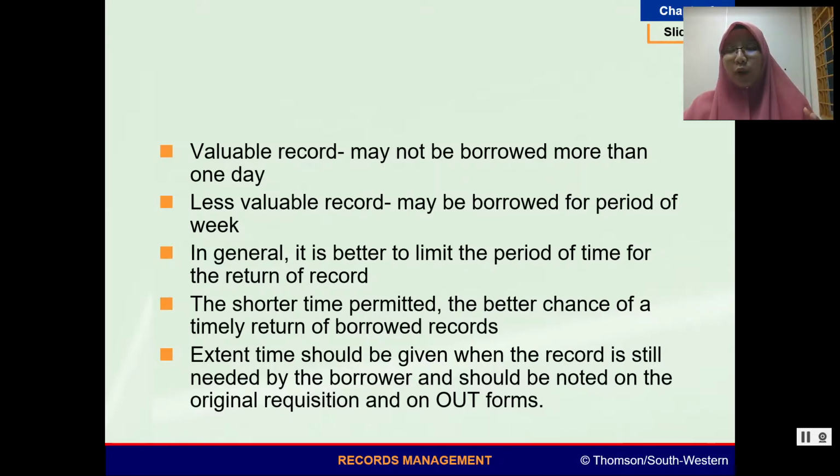For example, you want to extend the document, you're supposed to borrow for 1 week, but you did not complete your work yet. So you need to extend, and you need to fill up the requisition form again. Why? Because this requisition form has a copy in the follow-up file, so that when another person wants to borrow the paper, they know that you are borrowing the document or the folder. Okay,